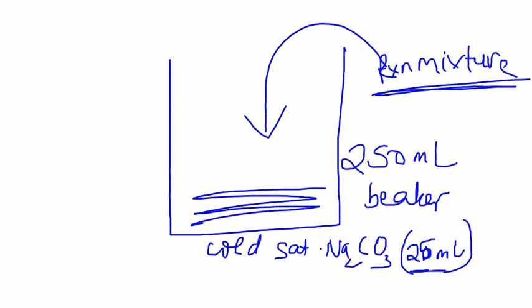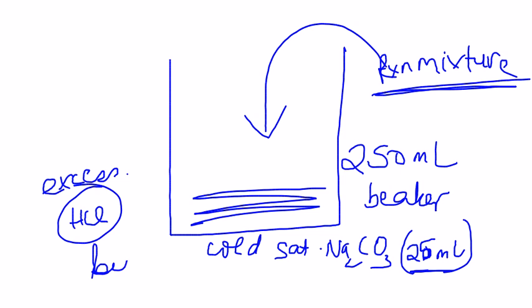So make that correction. We are taking 25 milliliters, and we are going to add the reaction mixture into your sodium carbonate. You will see that as you do that, perhaps because of the excessive HCl that got generated, you might see bubbling in this solution, and that's obviously true. Recall from Gen Chem 1, HCl is going to react with sodium carbonate to release CO2 gas, so of course you're going to see